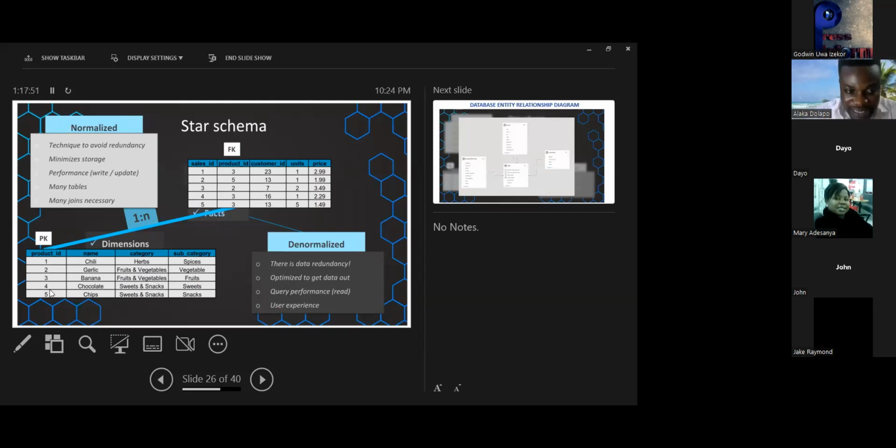We see redundancy in this product. What do we mean by redundancy? It means information being repeated. In this case, category, we have herbs, we have fruit and vegetable, sweet and snacks. They are repeated. I might say, no, I still want to divide it. I want to take out category and subcategory. In that case, I'm going to have a category ID,